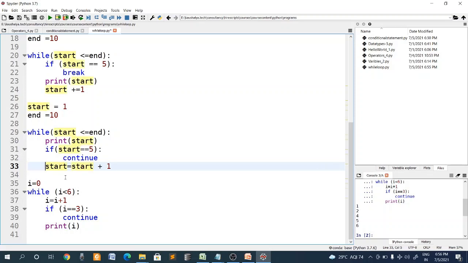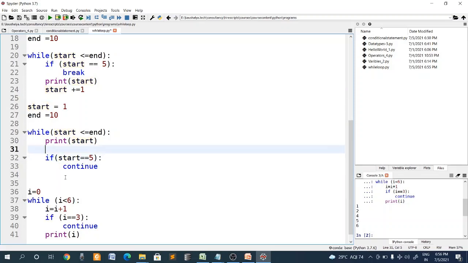Okay, so when it is 5, it continues, it skips, and by the time start should be again, it should not be 5, right? So that's the issue. So we'll increment it, then we do it. It prints, increments, and then